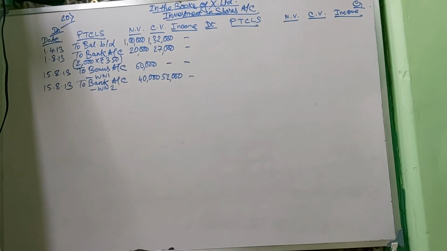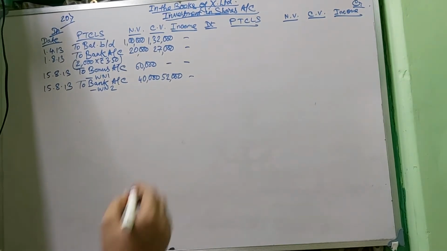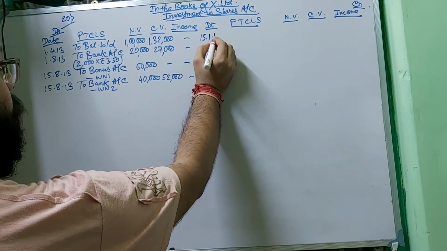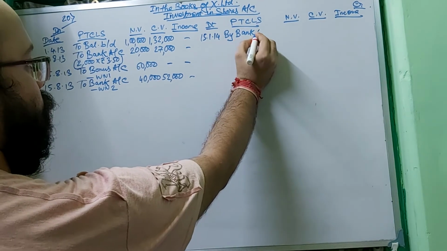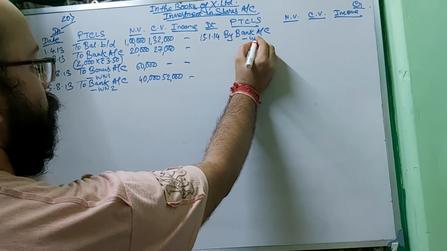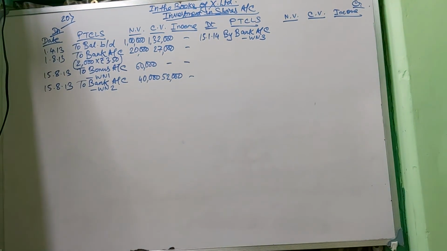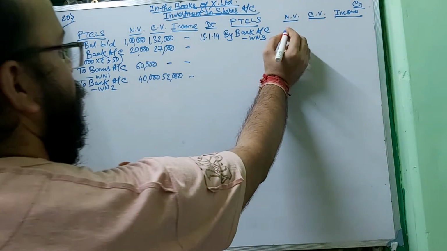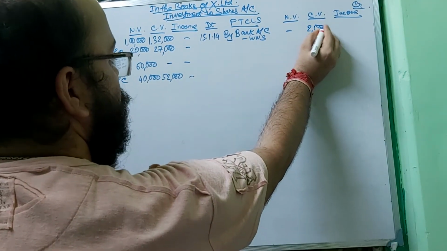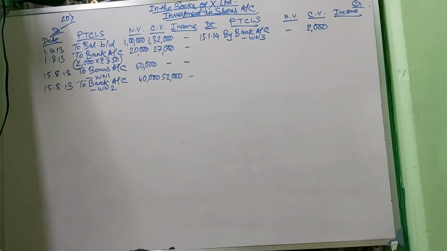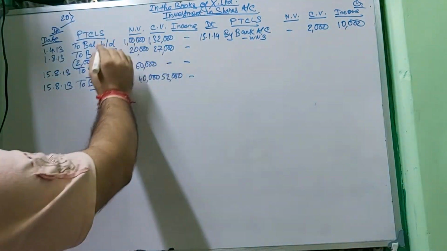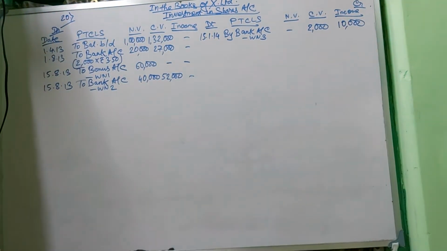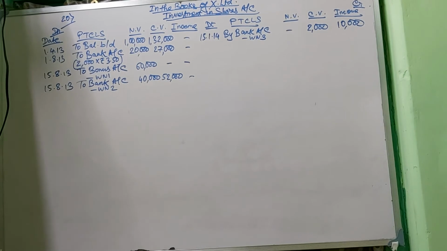So you can easily calculate the dividend which you need to pay on 15th of January 2014 by bank account. Working note 3, right? The dividend you have calculated: 2,000 is your acquisition dividend minus capital, which is obviously put in the capital column, and the original dividend amount or nominal value, which is 1 lakh. You have seen 1 lakh in the balancing figure, 10% means 10,000. Okay. Now you have computed this.